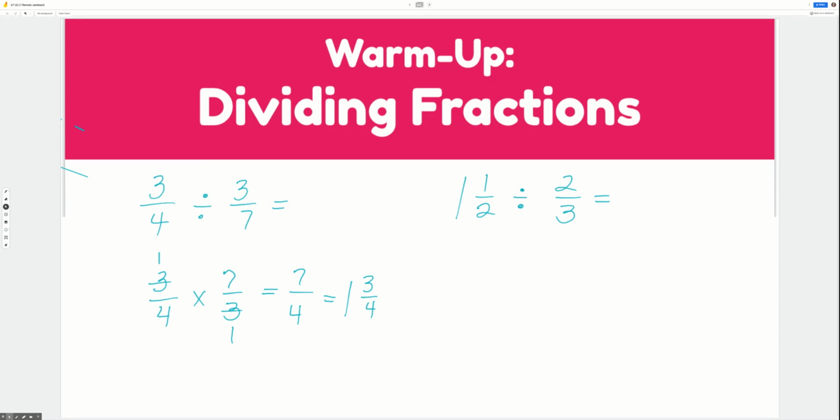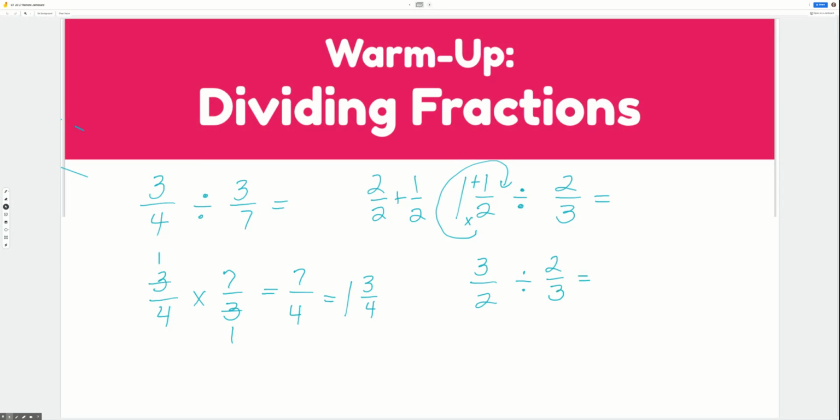Let's go on to our next problem. We're almost ready to go. I need to convert this to an improper fraction. And as we know, if we multiply and then we add, we know that 2 times 1 is 2, plus 3 more is 3/2. I could draw an image where I know a whole is 2/2 as well, and then I have 1/2 more, which comes up with 3/2. Divided by